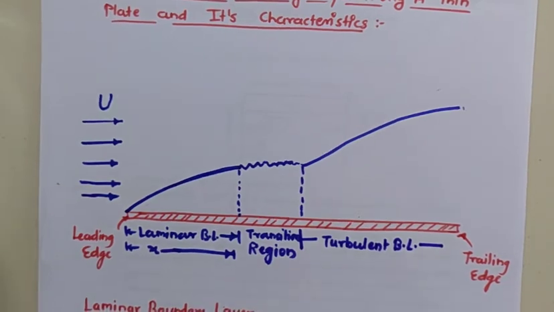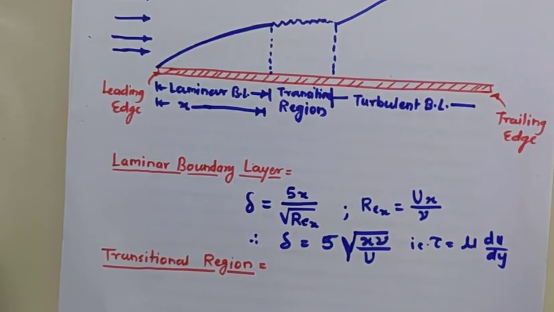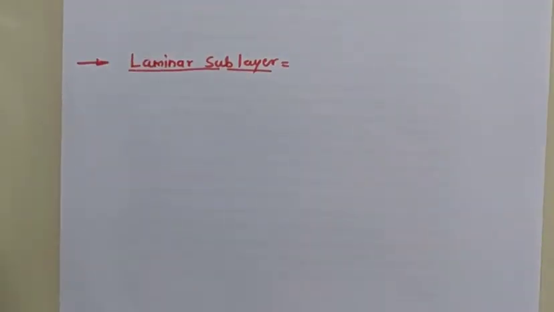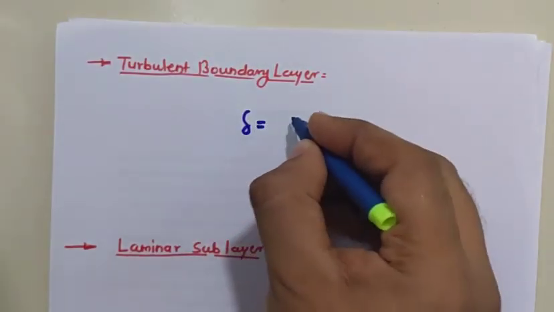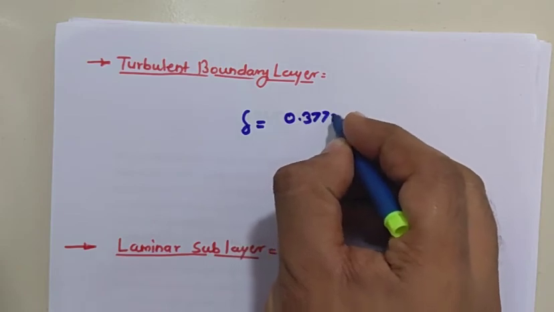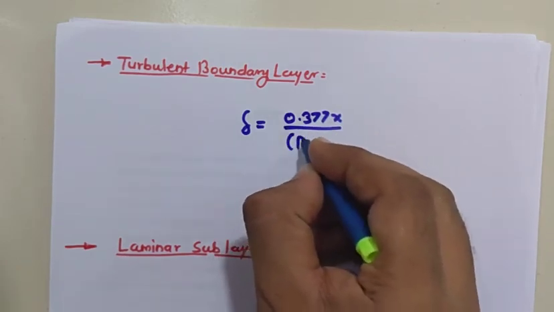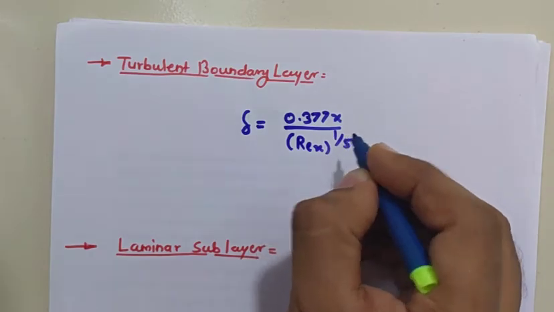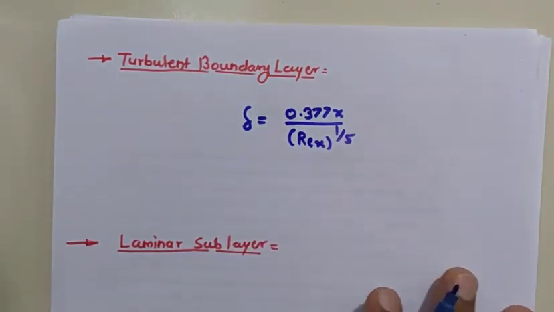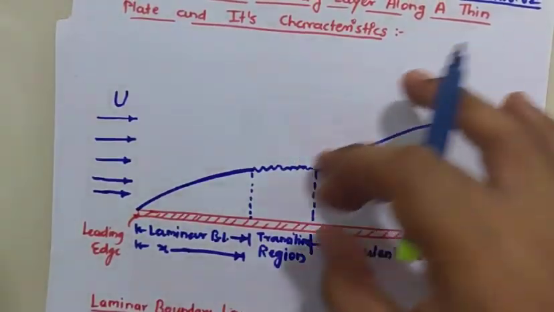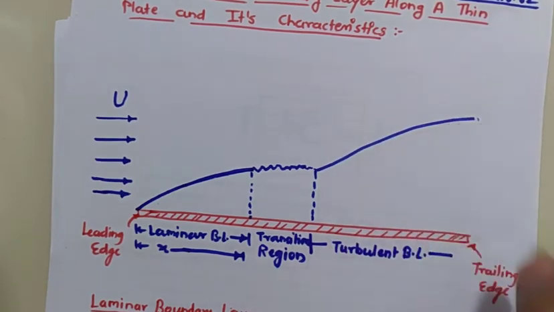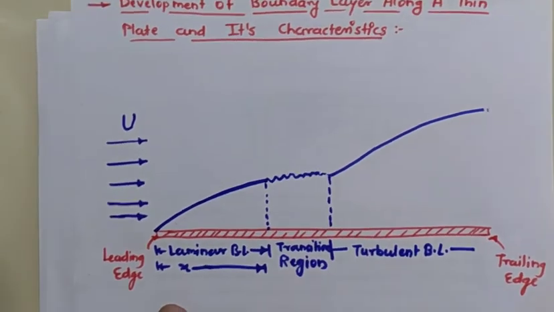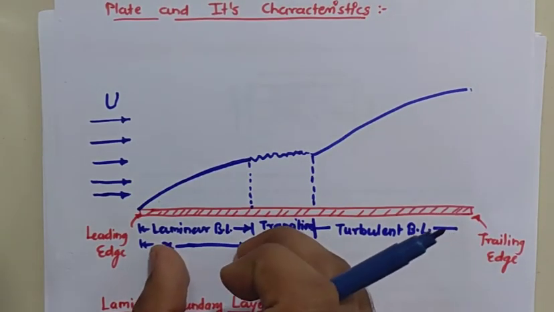And the thickness of the turbulent boundary layer is given by the equation delta is equal to 0.377x upon Rex raised to 1 by 5, and the velocity profile is logarithmic in nature in case of turbulent boundary layer. So this profile is logarithmic in nature,